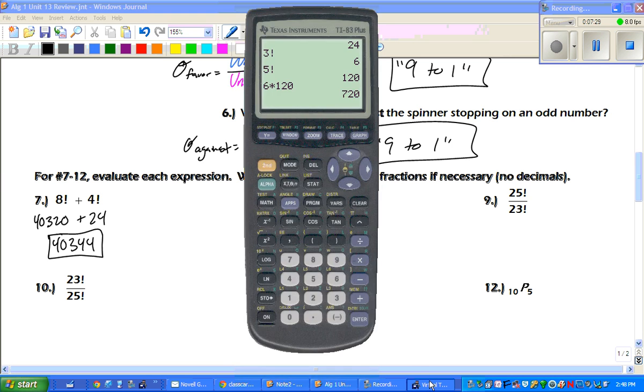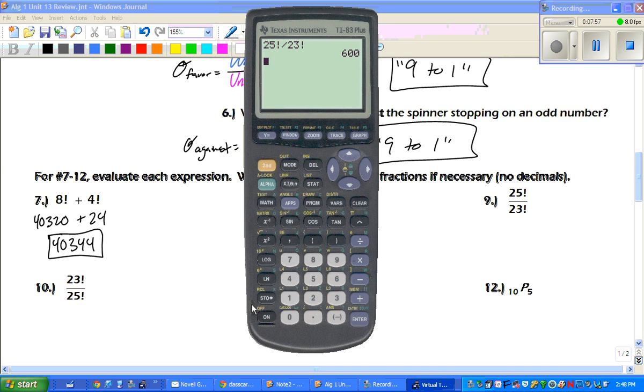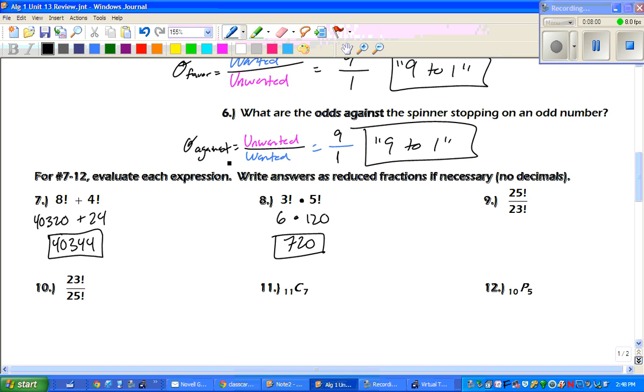Okay? Now, for problems like number 9, when you do 25 factorial, whoa, you get this big number. So in a problem like that, you can put them all together. Okay? And you get 1 over, or not 1 over 600, I mixed those numbers up. Oh wait, no. I'm sorry guys. Mr. Grice is all mixed up. You get 600. Okay? But now, for some of you guys, you might be able to do this in your